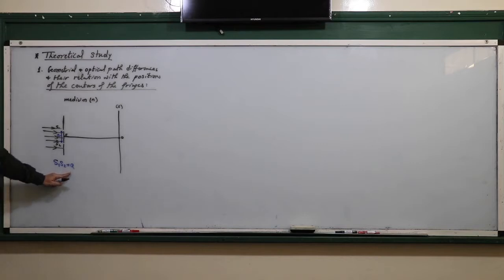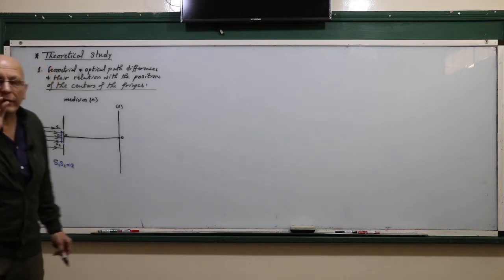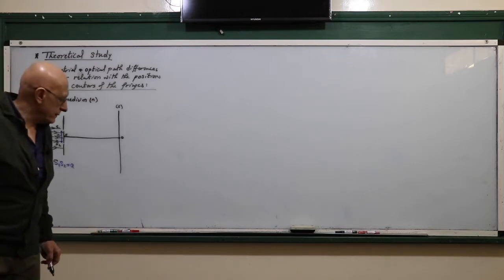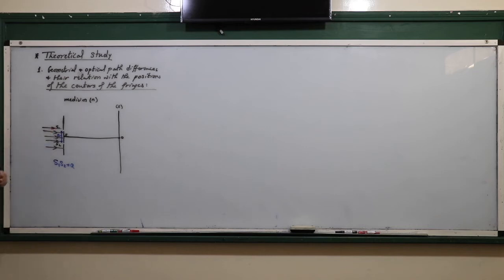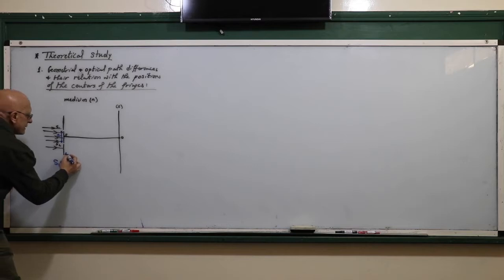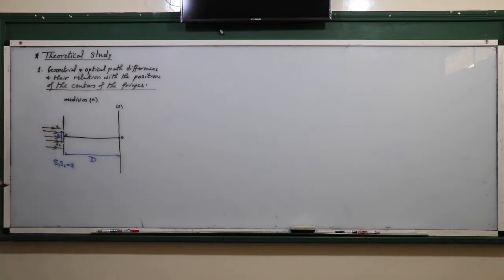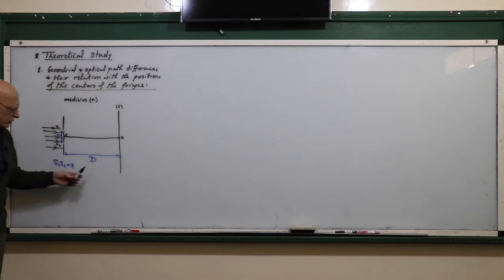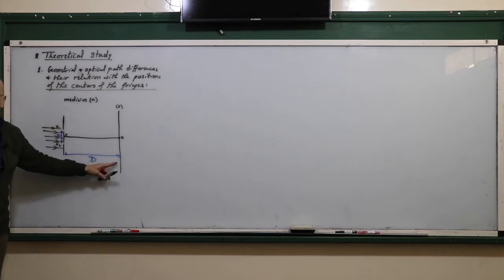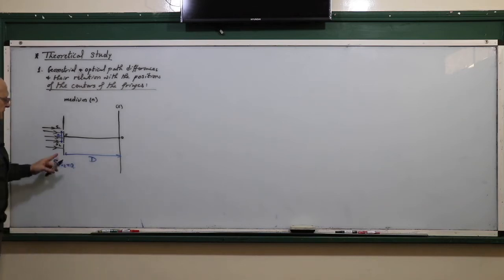A in the case of diffraction is the width of one slit. Here A is the distance between the two slits. And here this is distance D. The same as in the diffraction pattern, we consider the distance between the screen and the plane of the slits